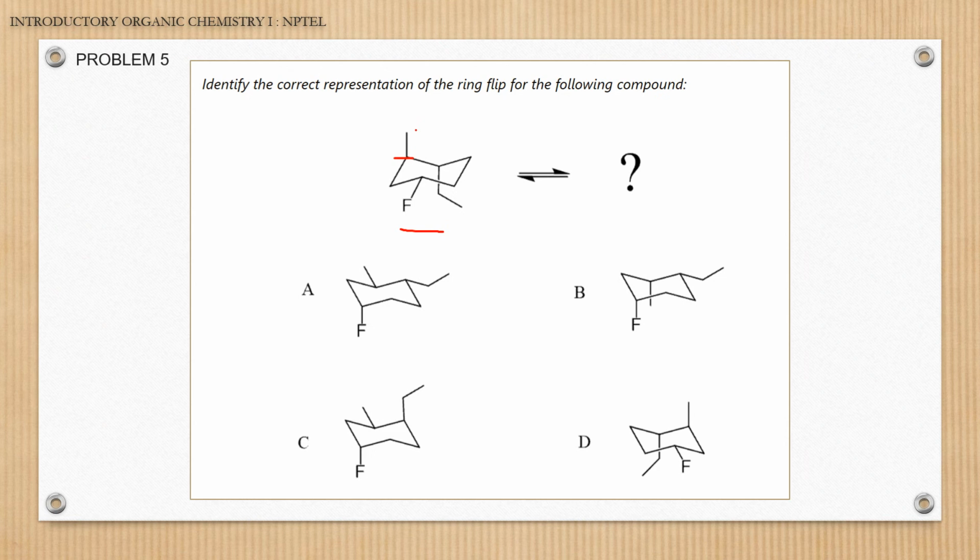Okay, here what I was talking about is this methyl is present at the axial position, so at the ring flipping it will be at the equatorial position. This fluorine which is present at the equatorial position will go to the axial position in the ring flipped conformation. And this also is present at the axial position, it will be going to the equatorial position. Fine. So if you start the numbering from anywhere, let me start the numbering from this one. Let me number it according to this. One,